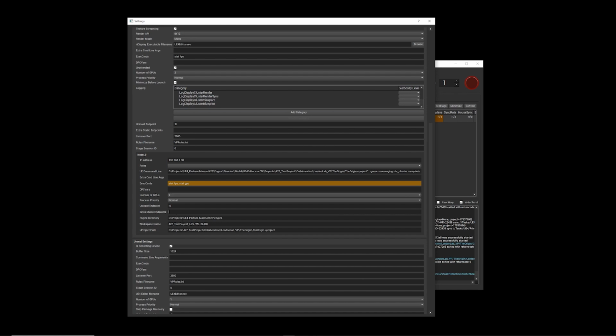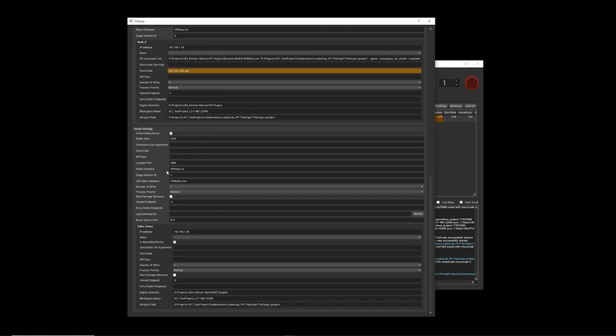Something that's pretty typical to need to change on a per node basis is perhaps the workspace name. If you've got Perforce workspaces set up on every single machine and they are different for every machine, then you can come in here and override that. Same for if your project is not stored in exactly the same path per machine, and the engine. Though for ease of use, it's really good to be consistent across your cluster. Next, we have the Unreal settings. This refers to the editor, and it's a very similar story. It works in exactly the same way.